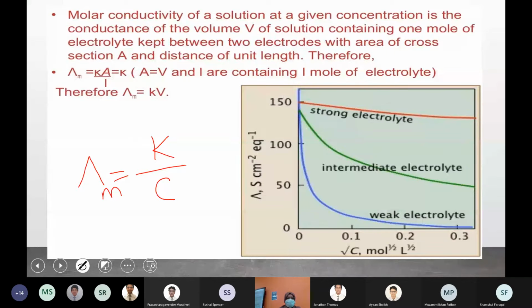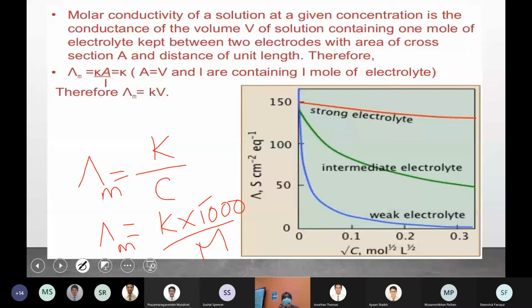So that is why the equation we write like this: K into 1000 by M. I think on Thursday we discussed this equation. I guess you all have written it also. This is because we are using meter cube. The volume is expressed in meter cube. That's why M is molar concentration, and that 1000 is because it is in mole per meter cube. So that's why we have these two equations. Lambda m is equal to K into 1000 by M. So this is molar conductivity per mole of the solution. For 1 mole, what is the conductivity? That is why divided by molar concentration.